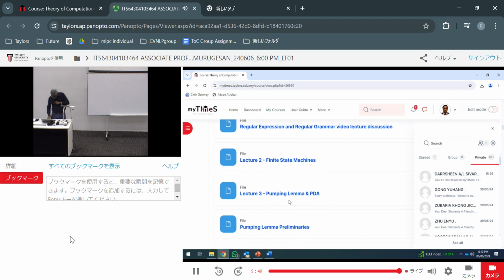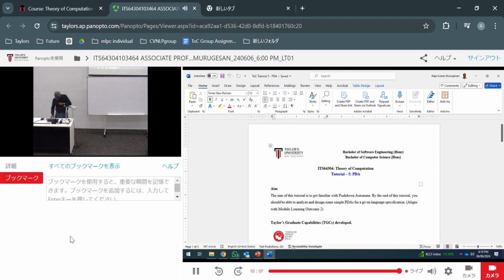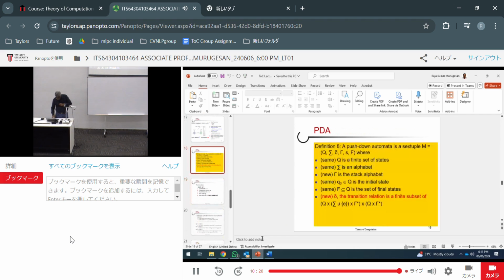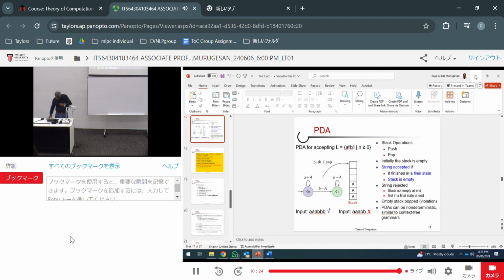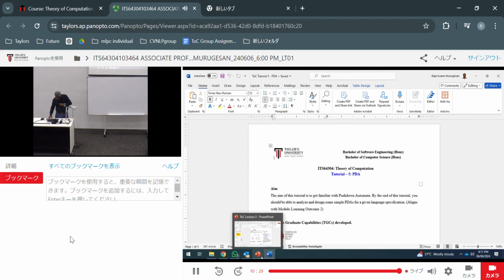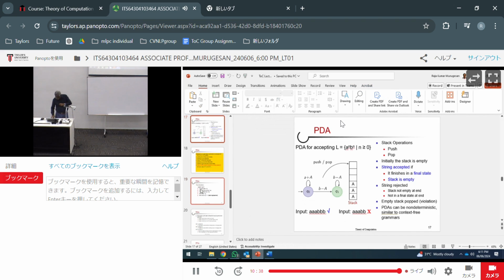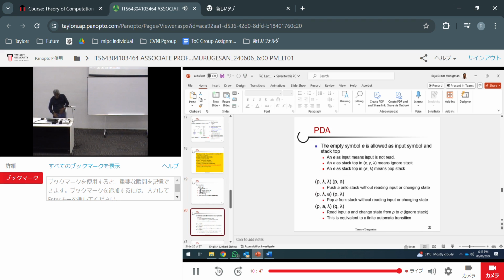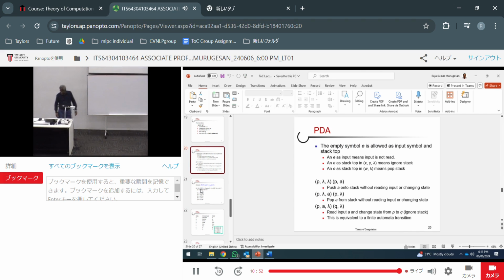So I'm going to run through quickly the idea behind PDA, and then jump into the tutorials on solving problems using PDA, okay? Okay, so what you see here is a stack,